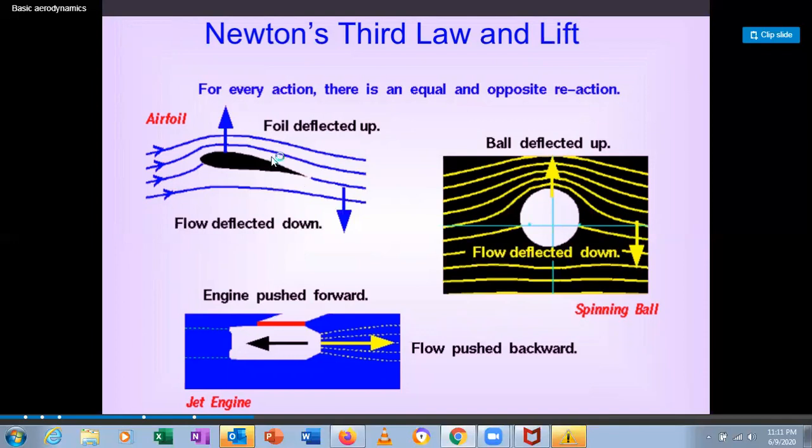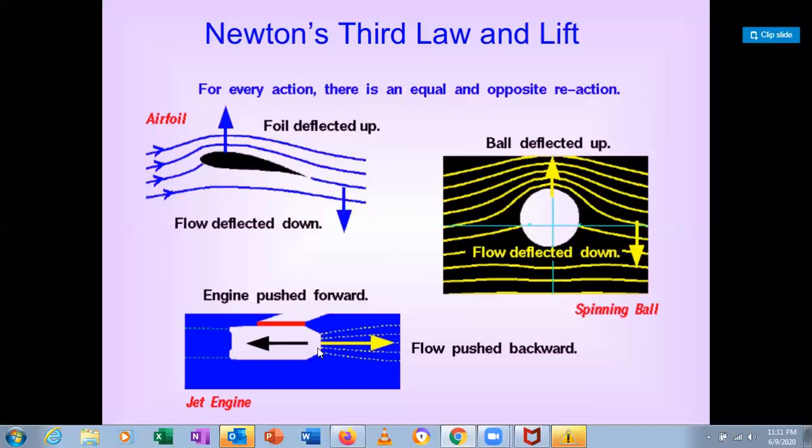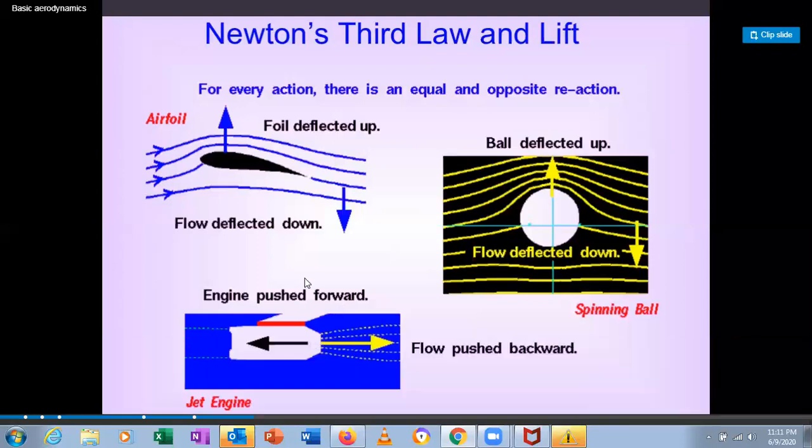It gives the lift. Also, whenever airflow flows over the surface and reaches the free stream, that extent is called the boundary layer thickness. And you can also see the engine pushing forward. The exhaust gases coming out with a higher force push the aircraft and give a thrust motion to the aircraft. The flow is pushed backward.